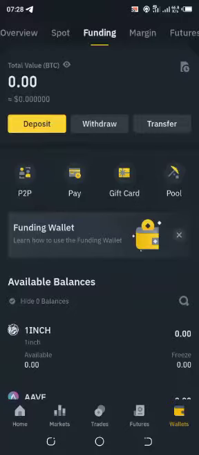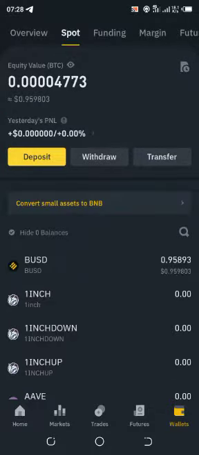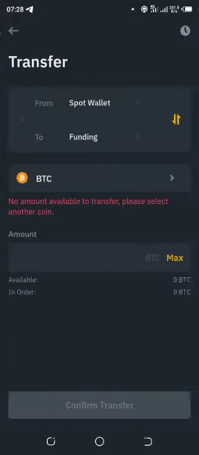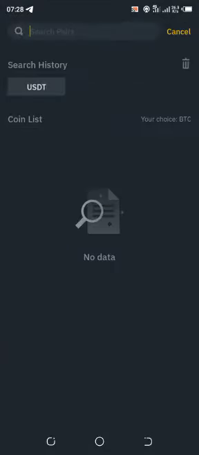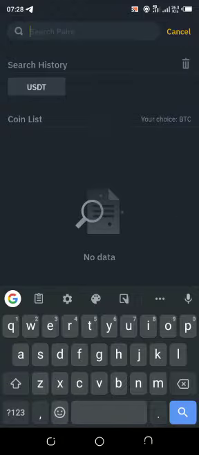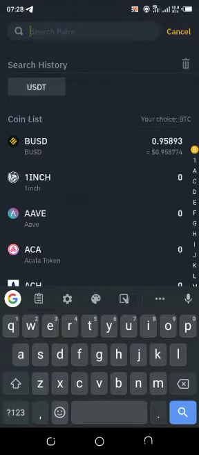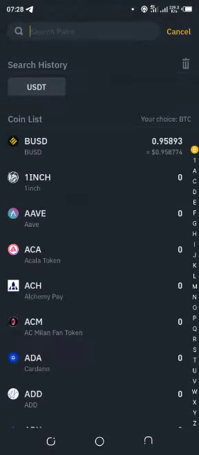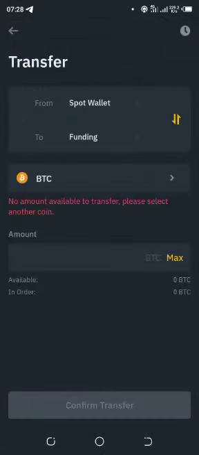This is what we do. This is how we deposit money from Binance to Tesco. Okay, you come in spot, you transfer the money to funding, the amount you want to deposit. Okay, after transferring the money from spot, you go back,